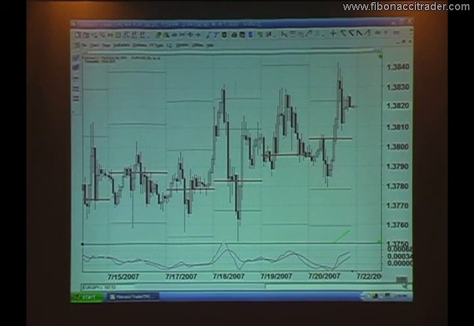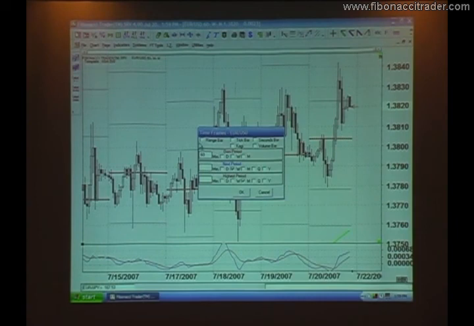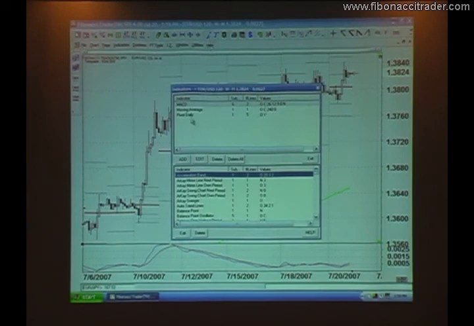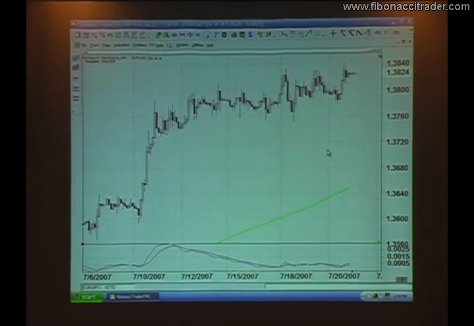Down here in the lower right-hand corner, you see where it says TF? Just click on that and you can change the time frame real quickly. If I want to move to, say, a 2-hour time frame, you can change it real quickly. It gives you real quick access to changing the time frame efficiently, as opposed to